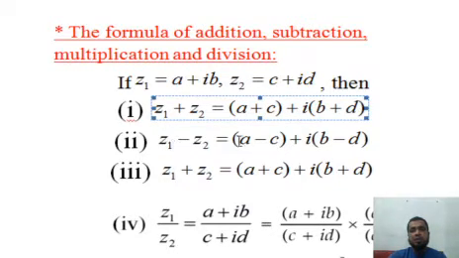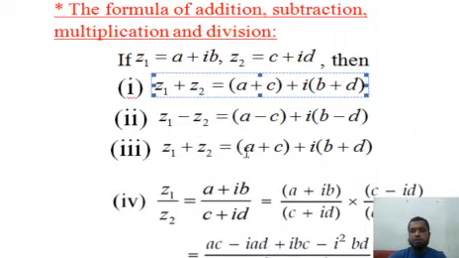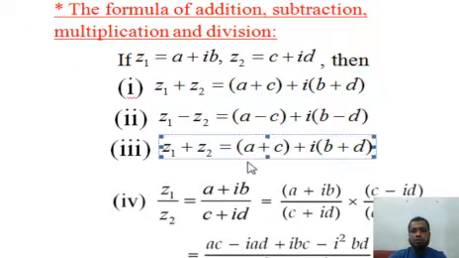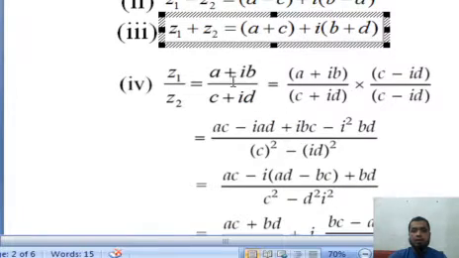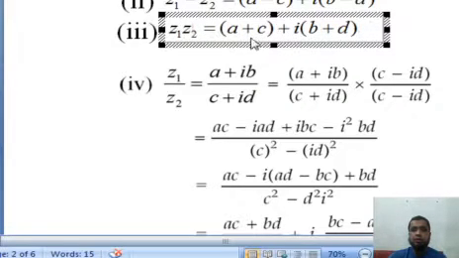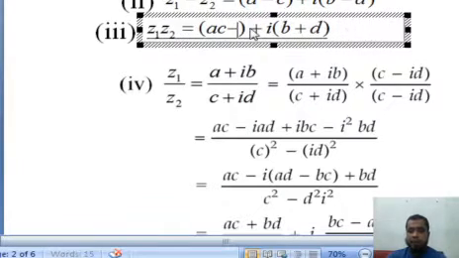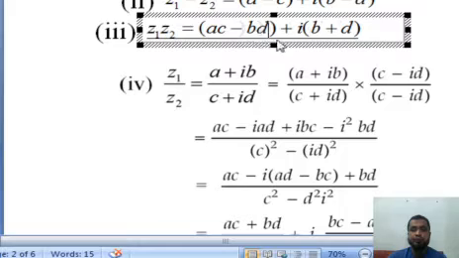Similarly, the second one is the subtraction formula. The third one is the multiplication formula. It should be z1 z2 equals ac minus bd plus i into